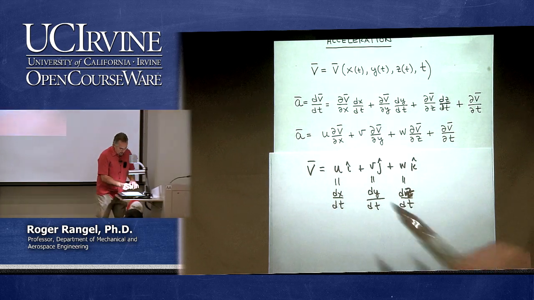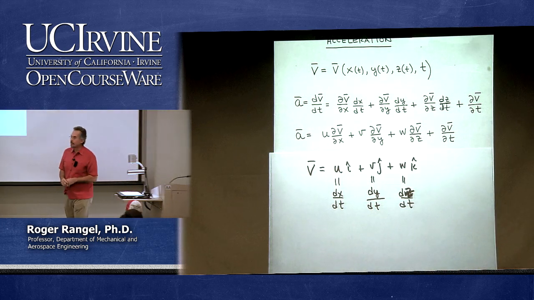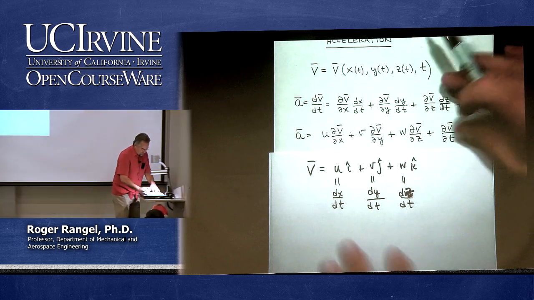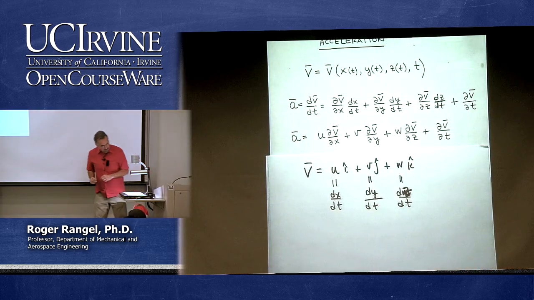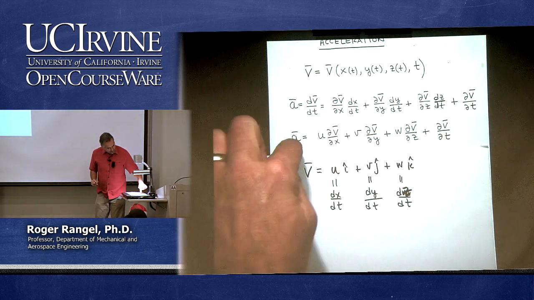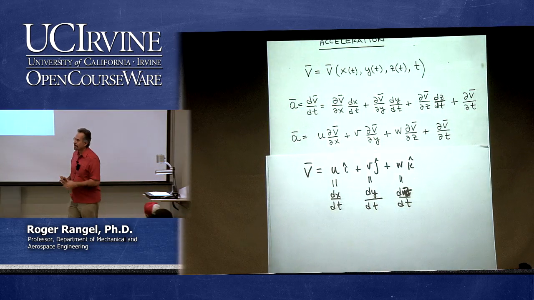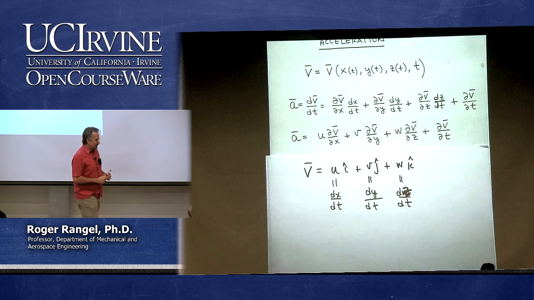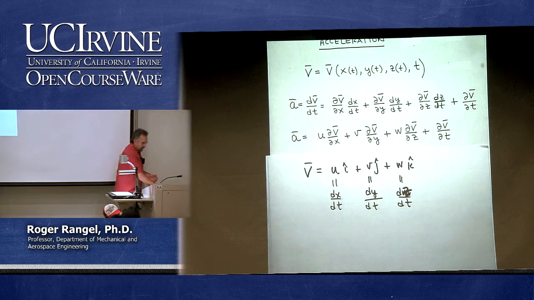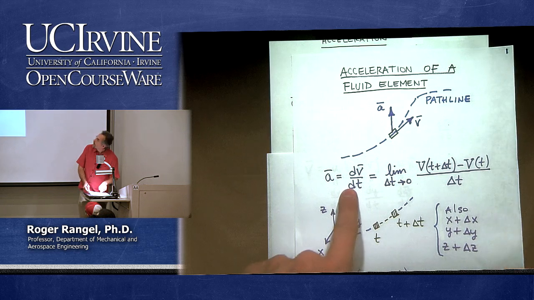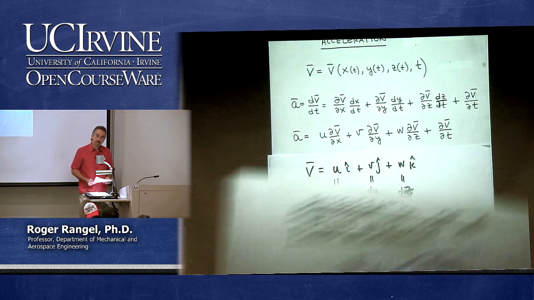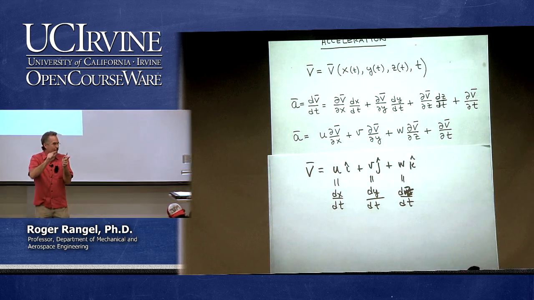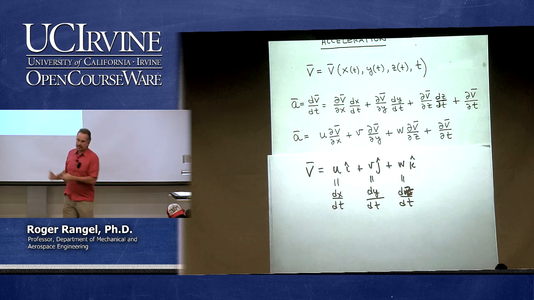But that's it. I have now come up with an equation for the acceleration of a fluid particle, of a fluid element. Let's see what I have here. Yeah. Is that equation or that expression that has 4 terms. First time student sees this, it's a wow. I mean, this is a complicated way to compute an acceleration, especially when I compare to what I used to do in simple particle mechanics, which was just the time derivative. Well, this is the same thing. This is the time derivative. It's just because we are expressing it through the Eulerian field that it has all these terms.